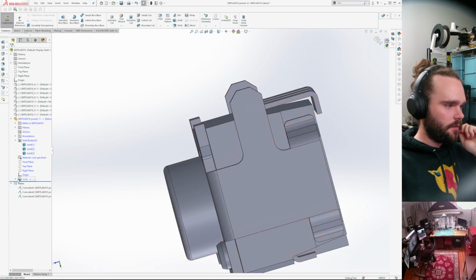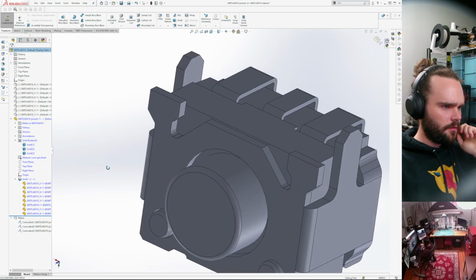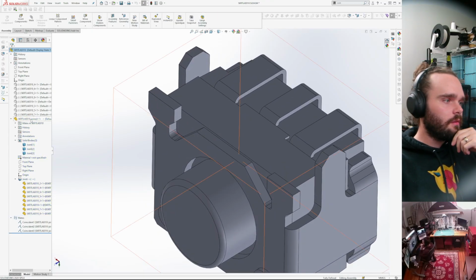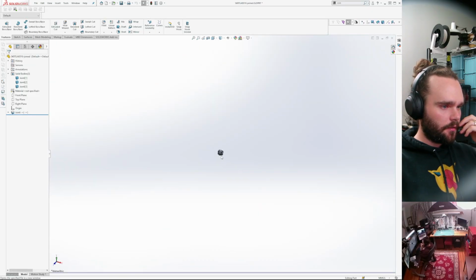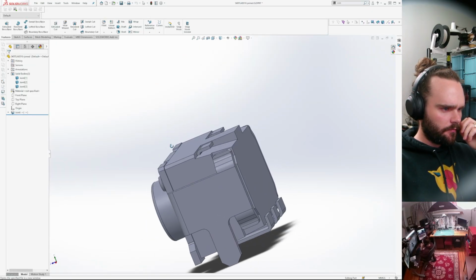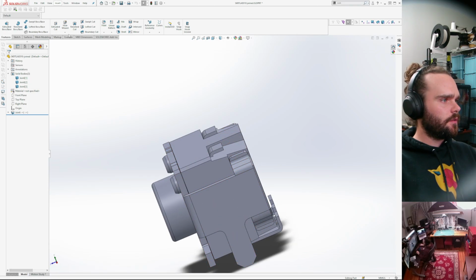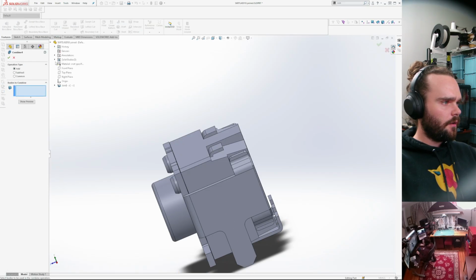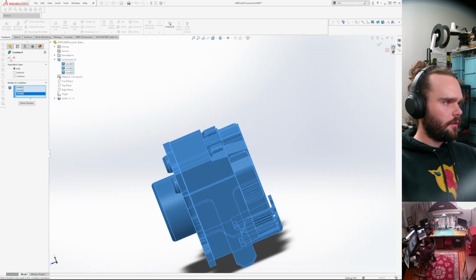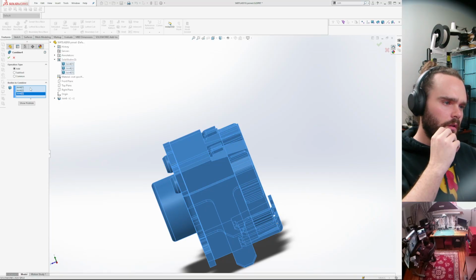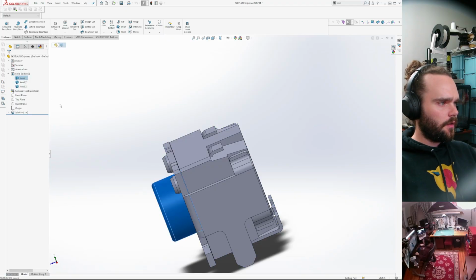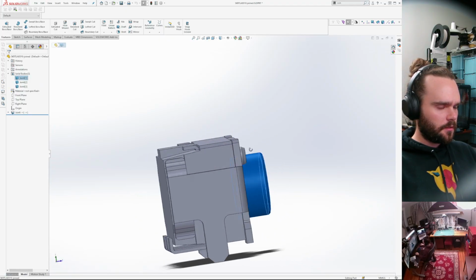Oh, it worked! Sweet. Alright, so now we have this thing. Now we have to do insert, features, combine. I have a feeling this is not going to work. Unable to create a single body that is the sum of the other bodies.